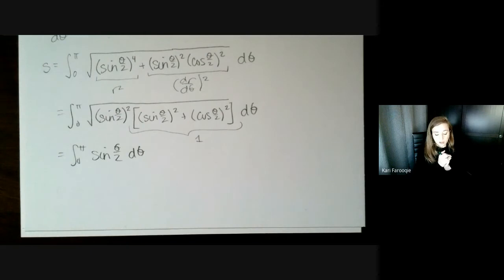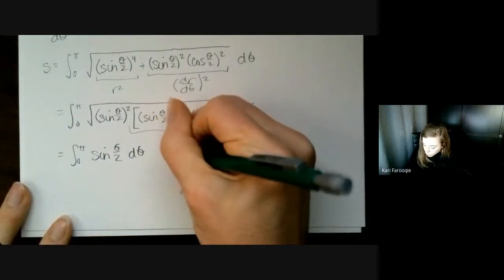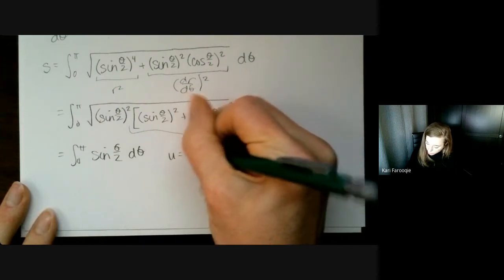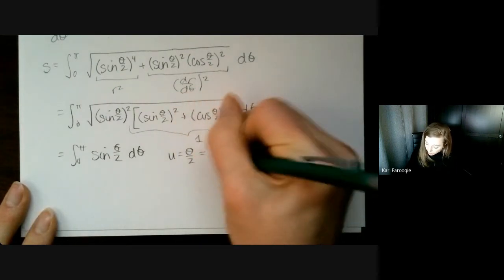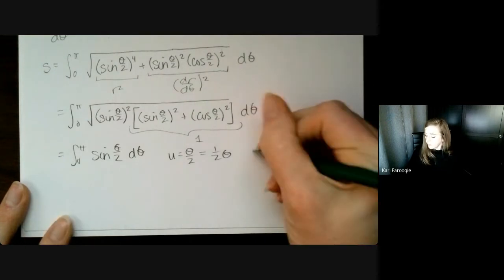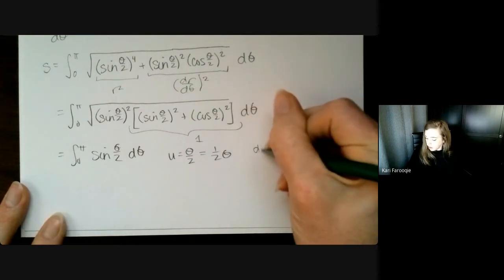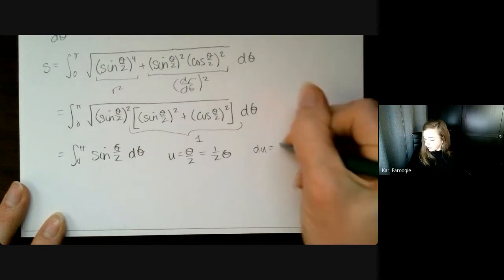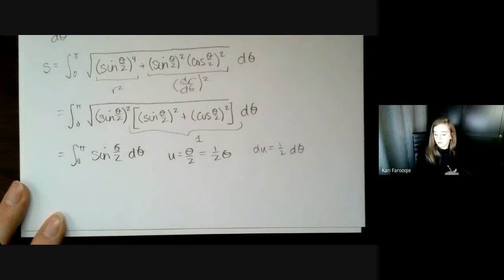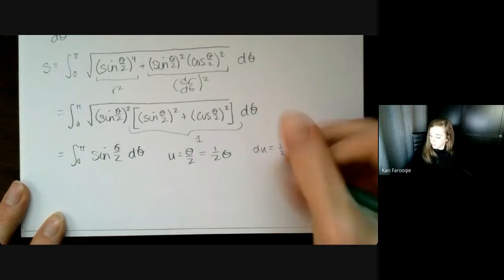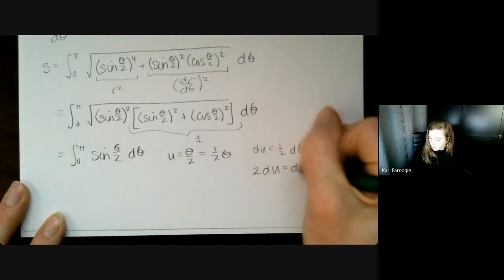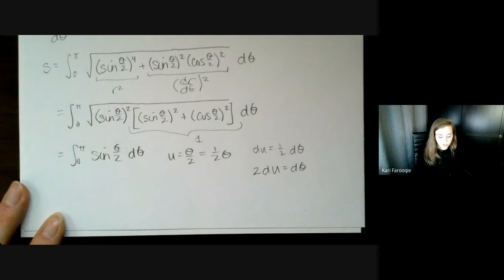Okay. And now you're going to integrate. You can do a u substitution if you want. If you don't feel like you need one, that's fine. If you do a u substitution, you're going to let u be theta over 2 or 1/2 theta if you find that easier to see. And then du d theta, or du, you could say that is 1/2 d theta. You don't have 1/2 d theta, you just have d theta. So however you want to do that.